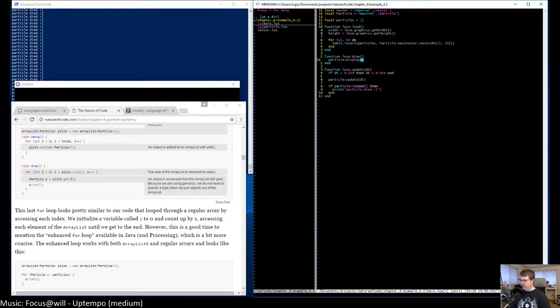And then in draw, we need to have another for loop. So for index, particle in this, and we'll just put that here.